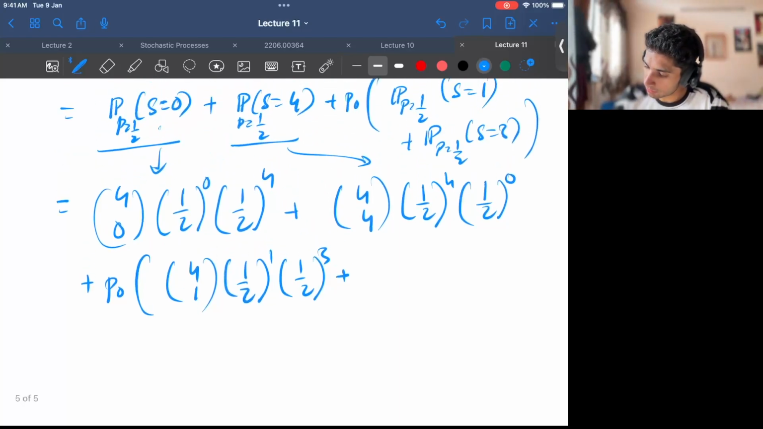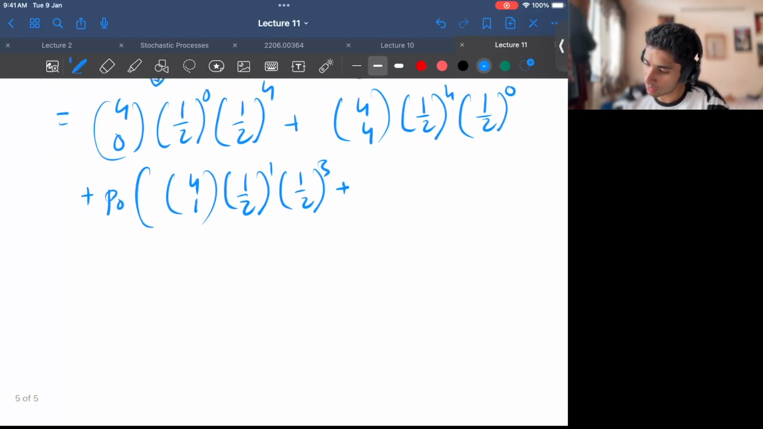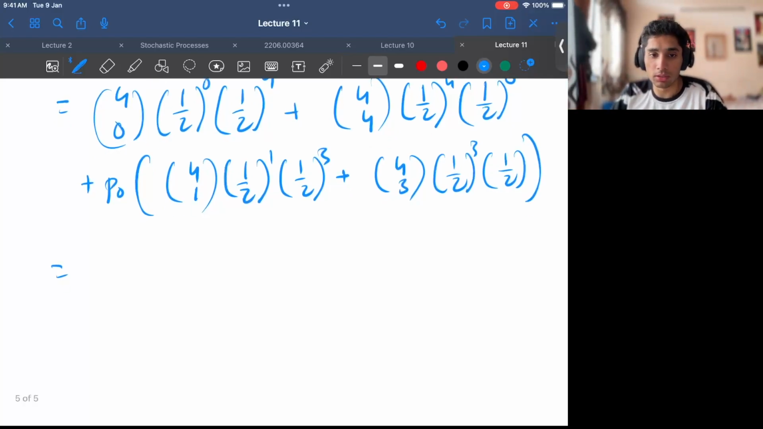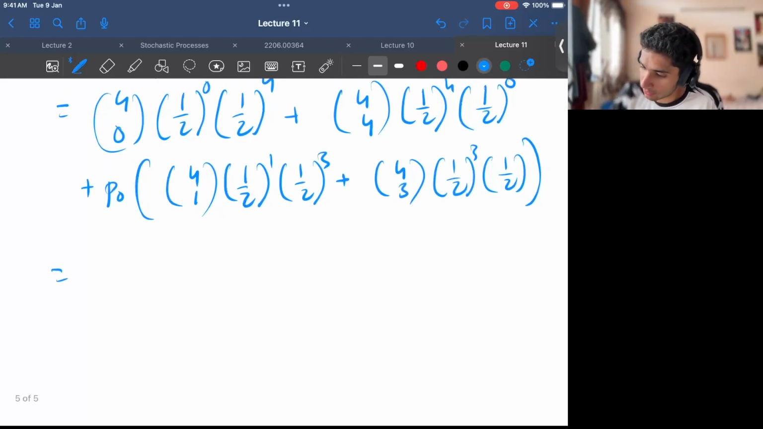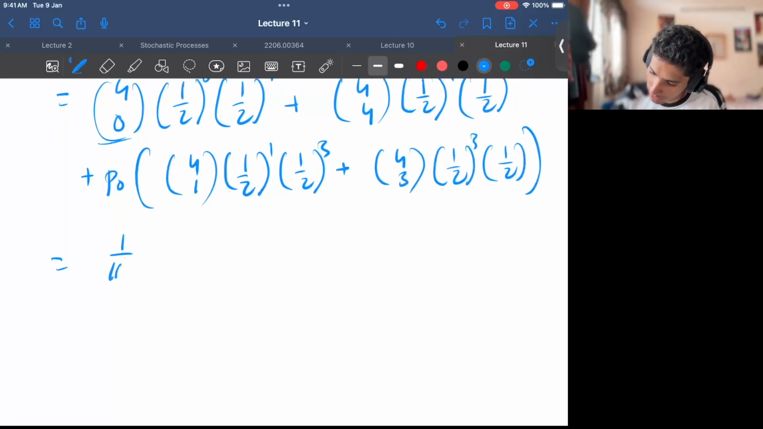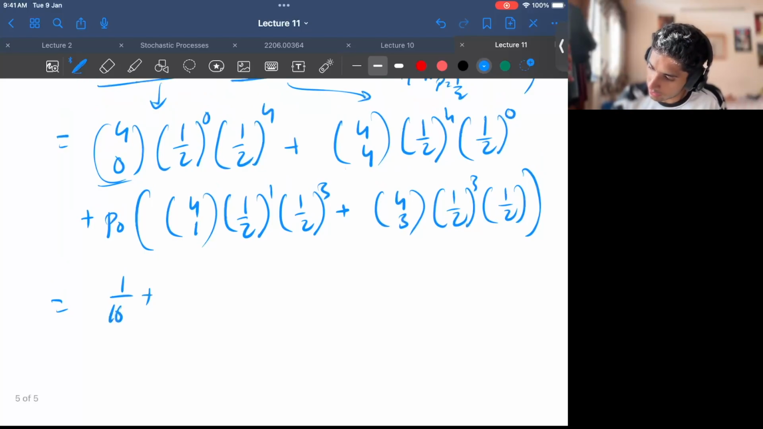And let's see what is the probability of s equal to 3. So it's 4C3, half raised to 3, half raised to 1, and that's all. This is all the terms. So what will the first term become? This will become simply 1 by 2 raised to 4, that is 1 by 16, right? Similarly, this thing again will become 1. This is 1 by 16, plus p naught times